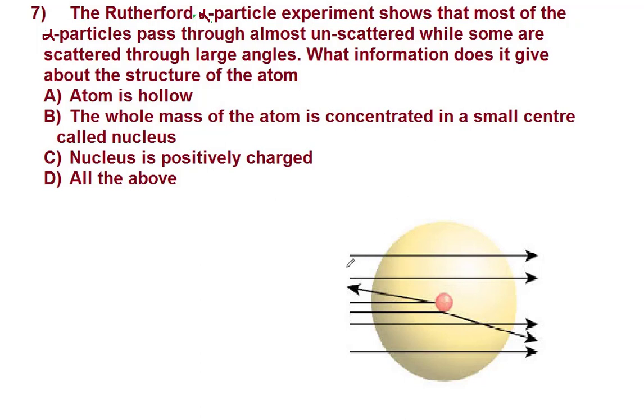So this is the diagram of alpha scattering. We can see here most of the alpha particles, which are positively charged, almost cross the atom, and very few are deviated. So what we conclude from this is that the atom is hollow. If the atom had not been hollow, almost all the particles would have been sent back by the nucleus, by the atom. But it is seen that 99% of the atom is hollow.